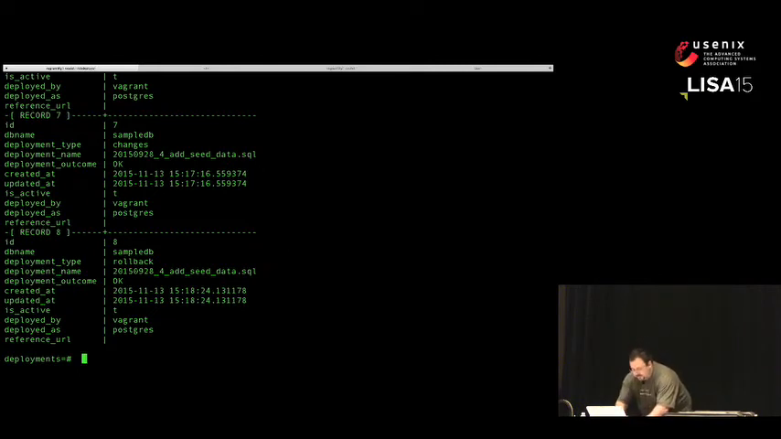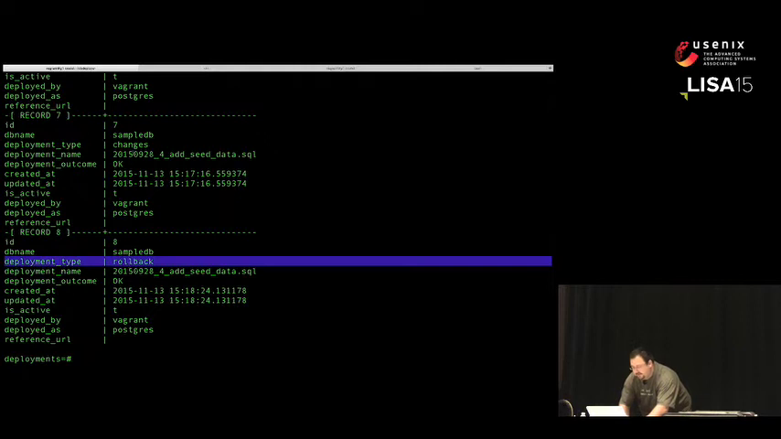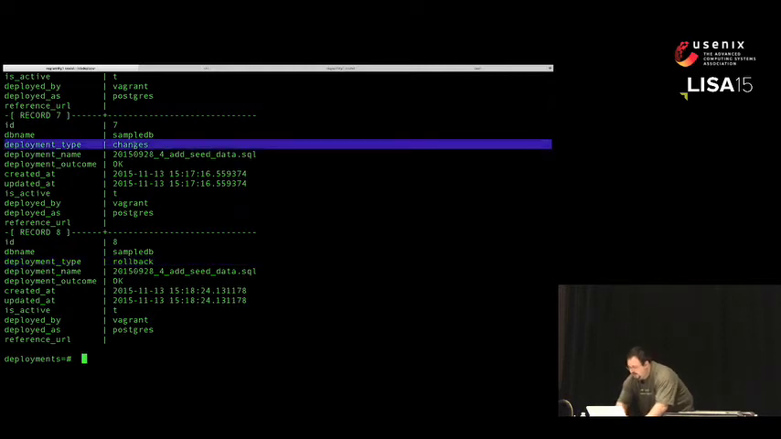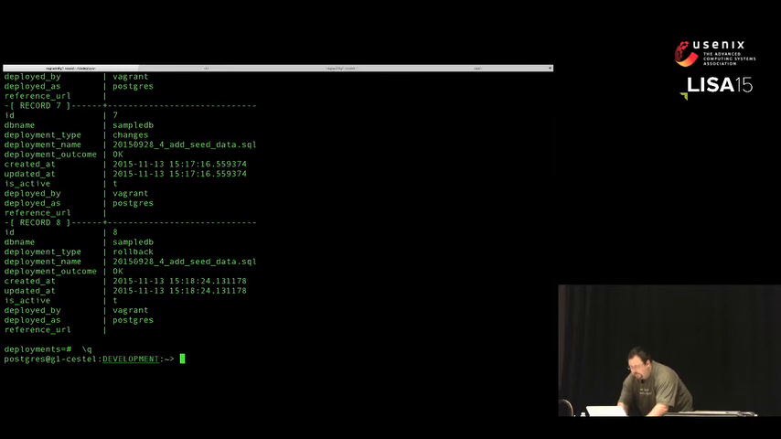All kinds of information. And we can actually see the deployment type. So you'll see here, we've got a rollback. Everything else was deployed as a change. So with the mindset that rollbacks in production would actually be a roll forward with a new file, we don't